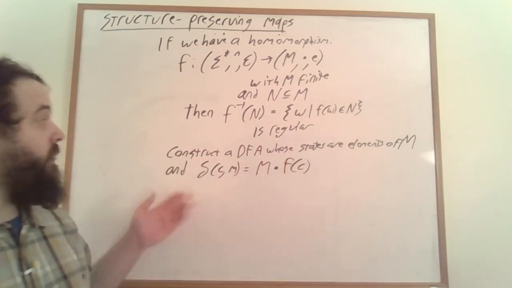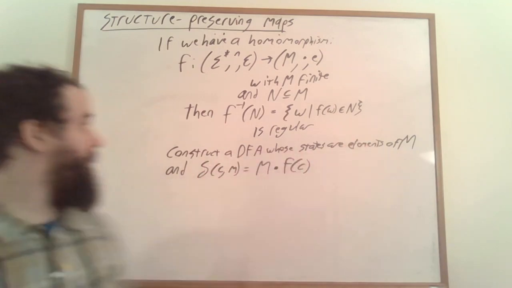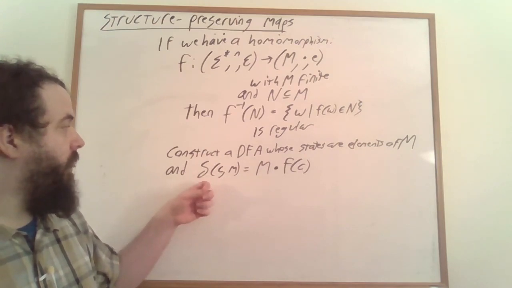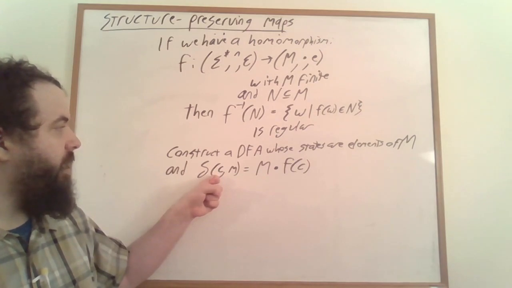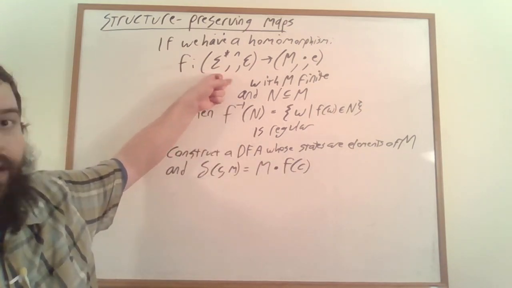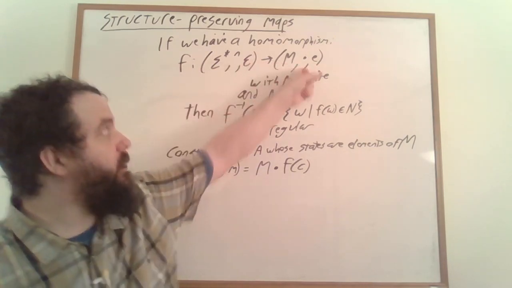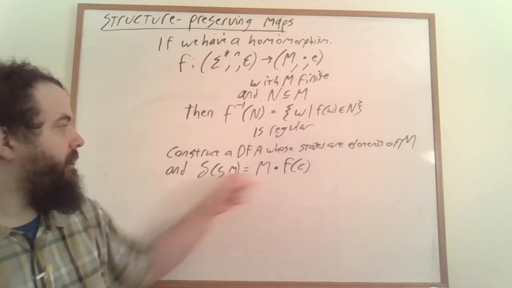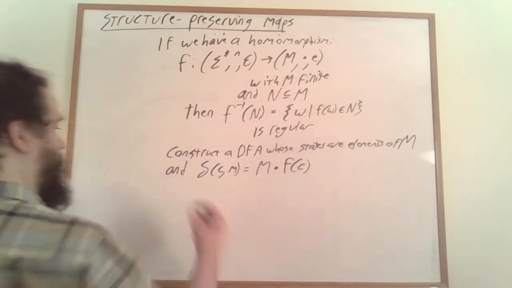So specifically, we construct a deterministic finite state automaton whose states are elements of M, and we construct the transition function for this finite automaton, where if we're in a particular state M and we read the character C, the result is going to be we take C, that's a character, but we can treat it as a word. We run it through this monoid homomorphism. That's going to give us an element of M, and we just multiply the current state by that element. Then you can check that